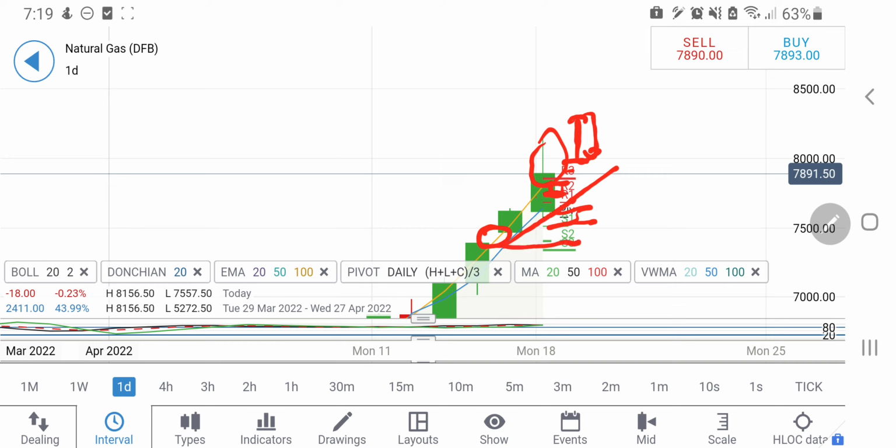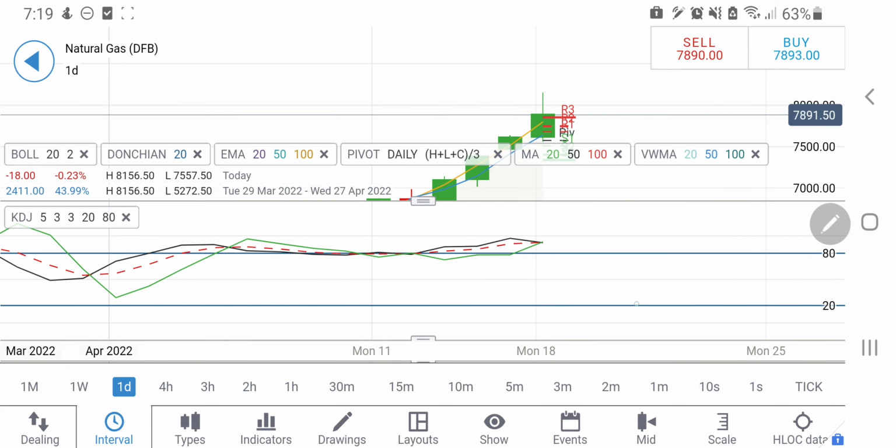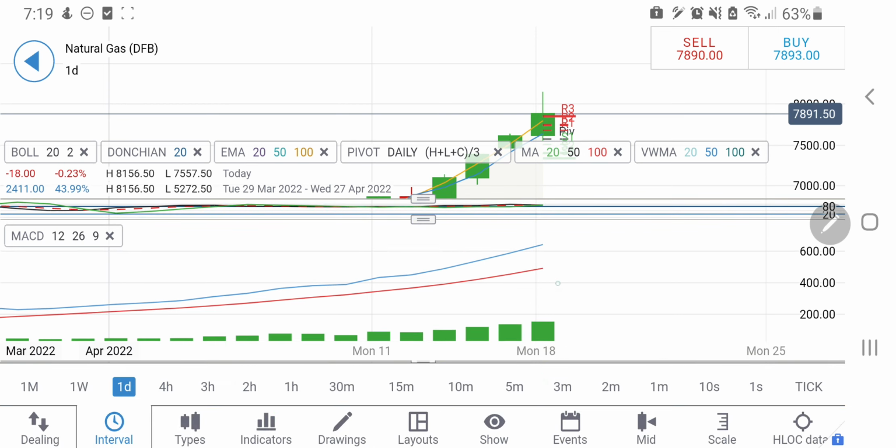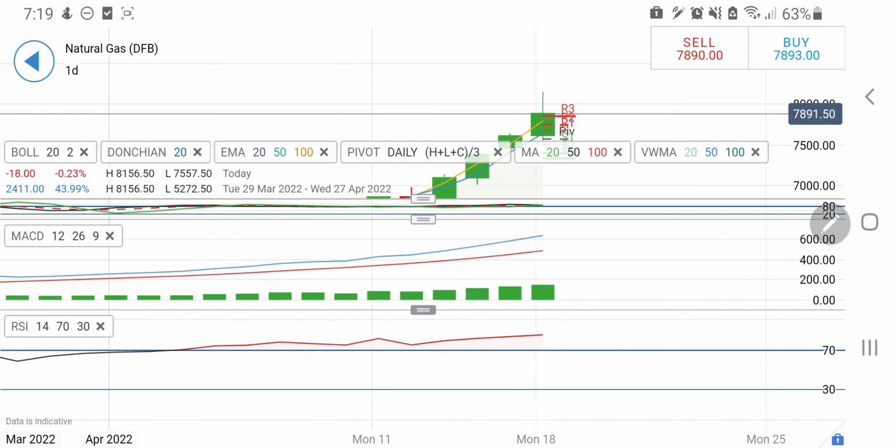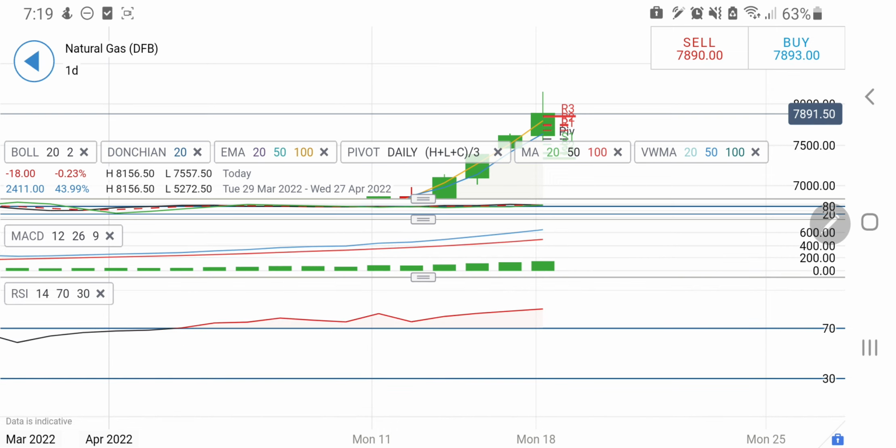Also, there is a little gap left here till 7.45, so it may try to come back and fill the gap. That can also be expected. Daily stochastic strongly overbought, needs some drop. MACD white divergent here, still the divergence can increase, it is slowly increasing here. RSI extremely overbought on nat gas, and hence a little drop. If it drops, I won't be surprised. Towards 7.45, 7.2 levels, it may try to drop a bit before looking forward to any further rise.